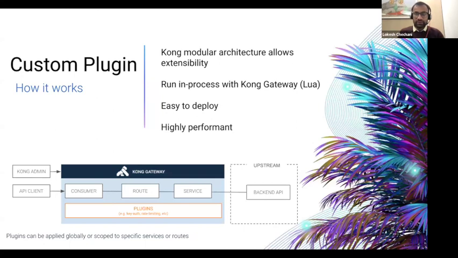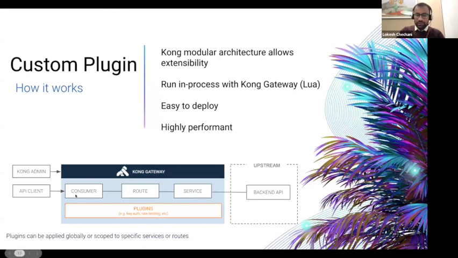And the custom plugin is deployed in the same fashion as our existing plugins are deployed. That's why they sit together with the existing plugins. And those custom plugins can be applied to various Kong entities. So let me give you a quick flavor of what these Kong entities are. I'm sure people here on the call know bits and pieces of it, but in a way, what we're saying